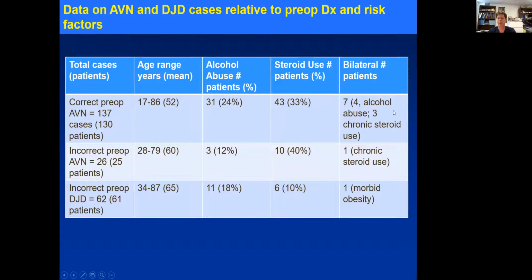All the patients with bilateral disease had either alcohol abuse or history of chronic steroid abuse. If you look at the patients who were incorrectly preoperatively diagnosed as AVN, those were 26 cases. 52% of those, a similar percentage as we saw up here, had evidence of either steroid use or alcohol abuse. They were slightly older. There was one 48-year-old female who had a history of chronic steroid use, and it was interesting that she